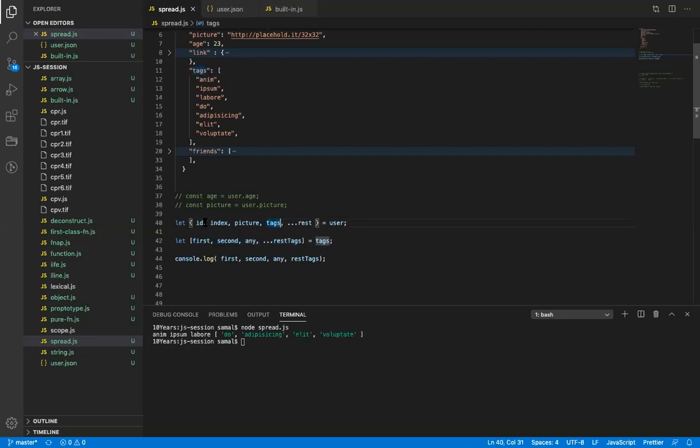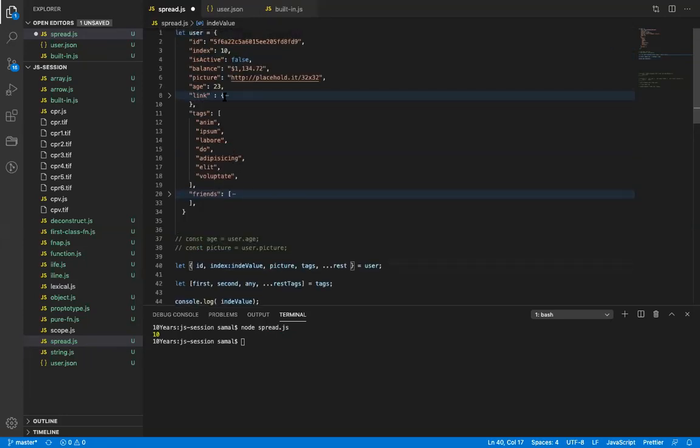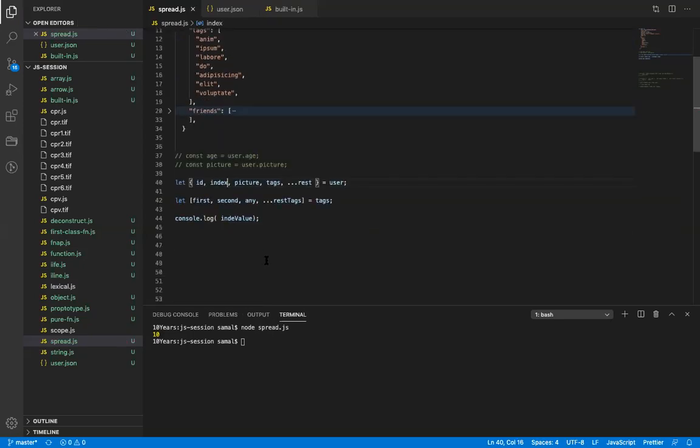And if you want to, let's say, rename the value, how do we do it? Let's see, if I do a colon, just the index value. Right? So this is our syntax for renaming the key. In case of an object, let's say you want to rename some key, you first pluck out the key and then use a colon notation to rename the value. Okay? This is how you rename the key. Right? So this is the main difference between array and object destructuring.